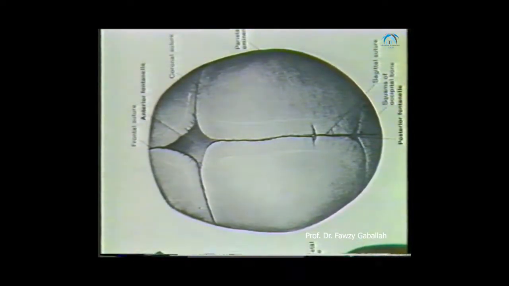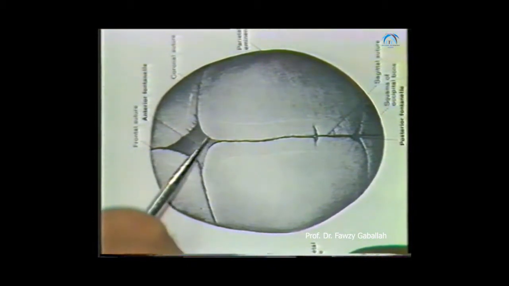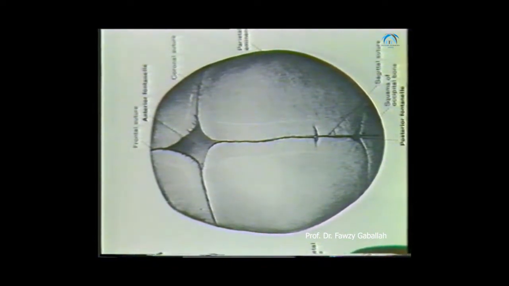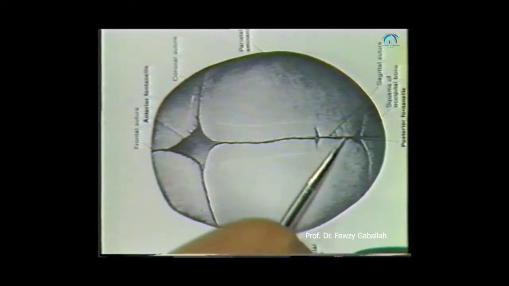In the infant, the bregma is a soft membranous area called the anterior fontanelle, which closes by ossification of the neighboring bones by about the 18th month after birth. Similarly, the lambda is membranous before birth and is called the posterior fontanelle, which closes by about the 3rd month